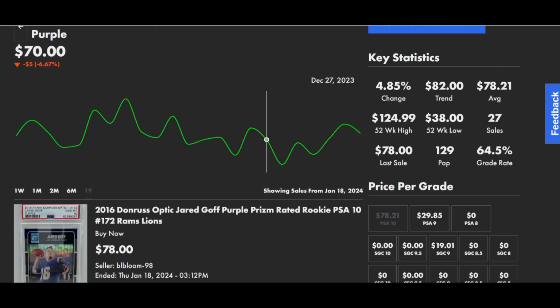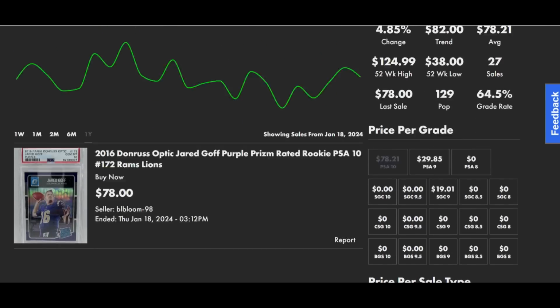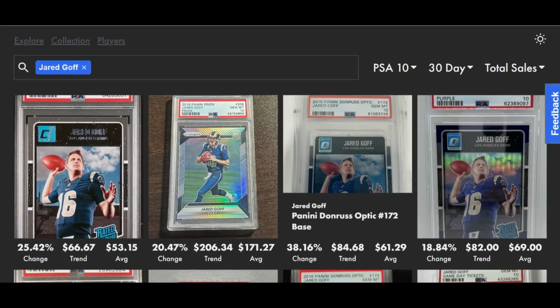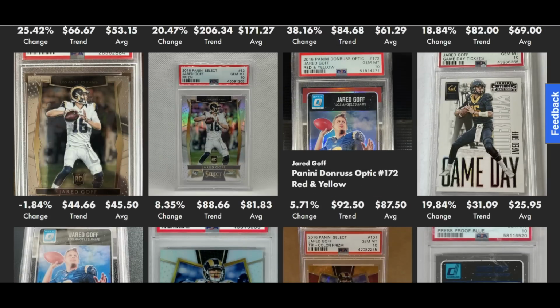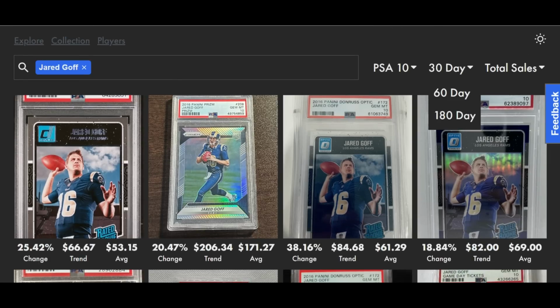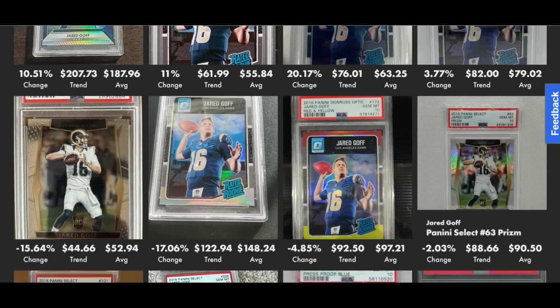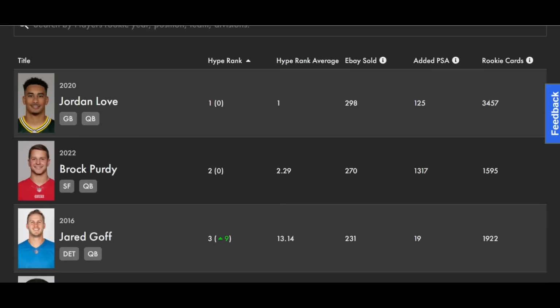which is what tells me that potentially these could go up a lot higher, especially if they get past the 49ers, make Lions history here this year potentially, and make it to the Super Bowl. I mean, this is real serious opportunity for Jared Goff. We are seeing the sold volume increase, and typically what follows the sold volume increase is an actual price increase, a sustained price increase. So when we zoom out here to 180, you can see there has been some small price increases in Jared Goff, but really what I'm focused on and putting him at number 2 is the volume